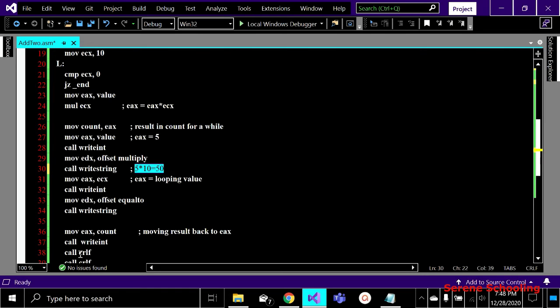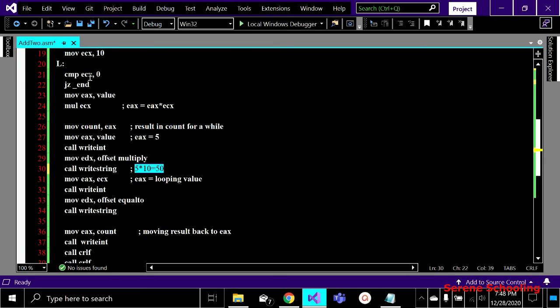And then by call CRLF, which means that we have to go on the next line. I'm printing it 2 times so that the result looks a little more beautiful. So then after this the screen will display that the result has moved on the next line. So this is the complete first iteration only.